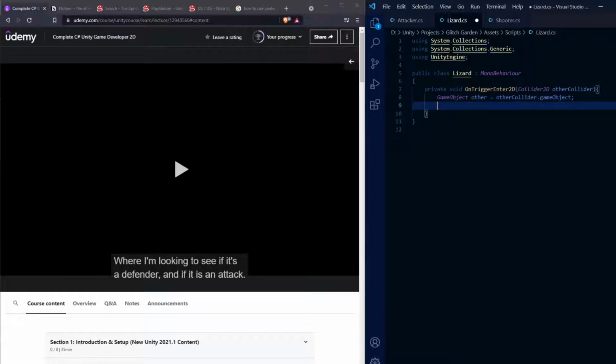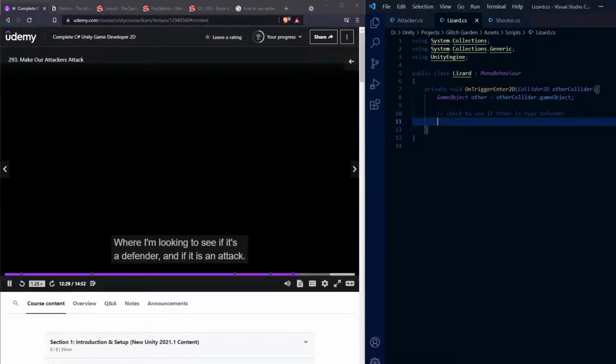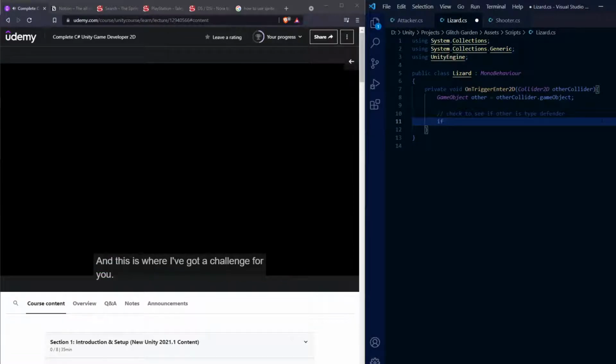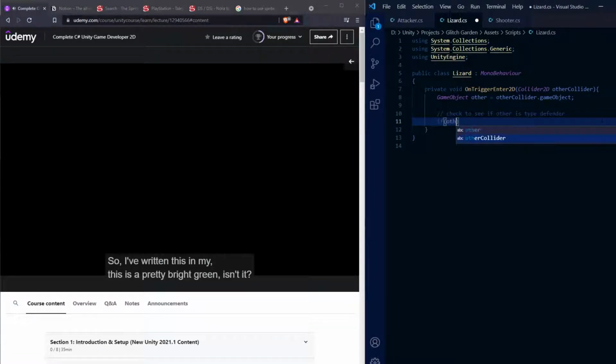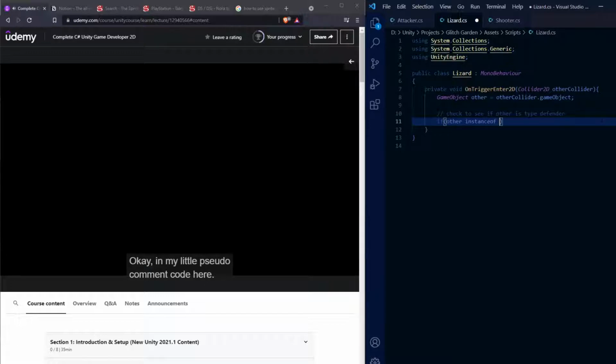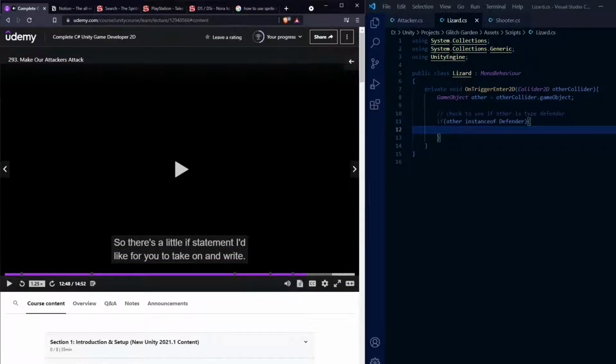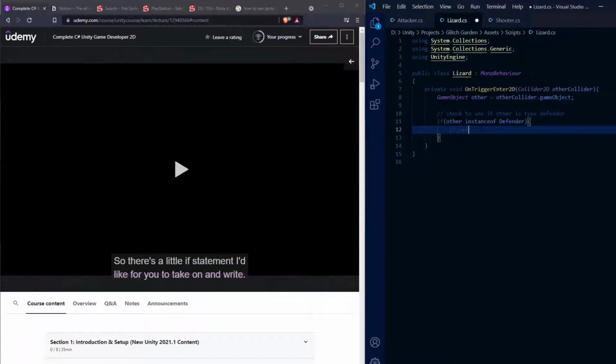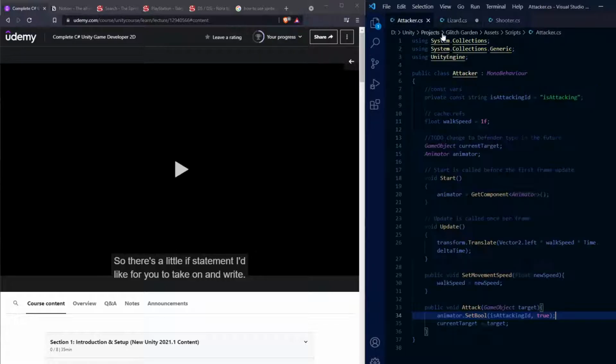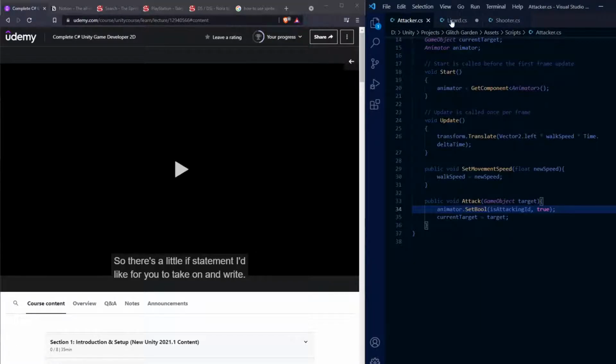Game object. And once we do that, we have to check type defender. So what we're going to do that is if other instance of defender. And then, so if it is, call public, call attack. So in the attack here,